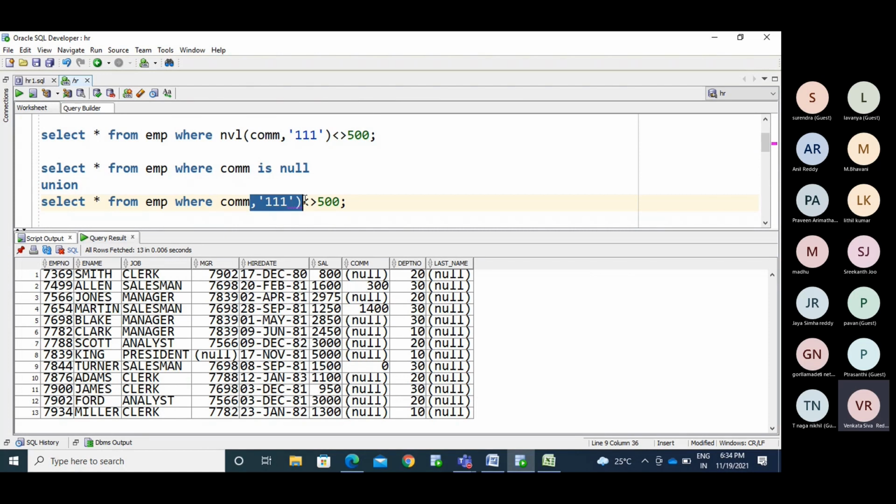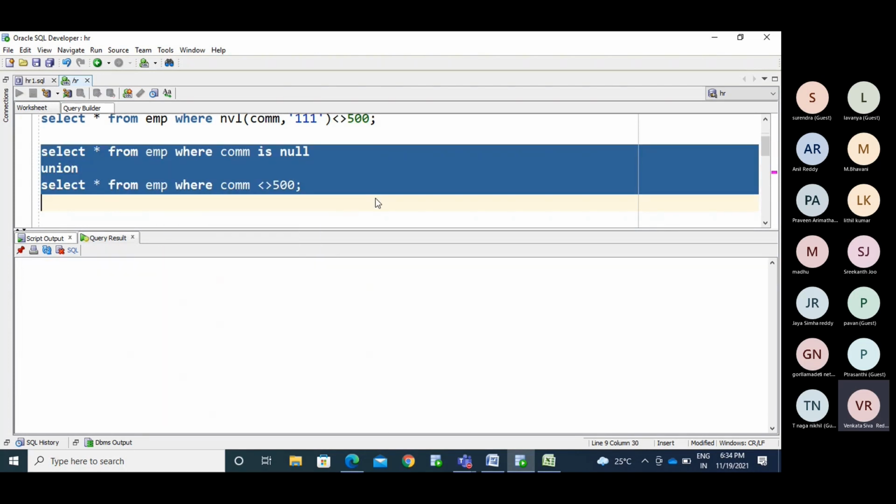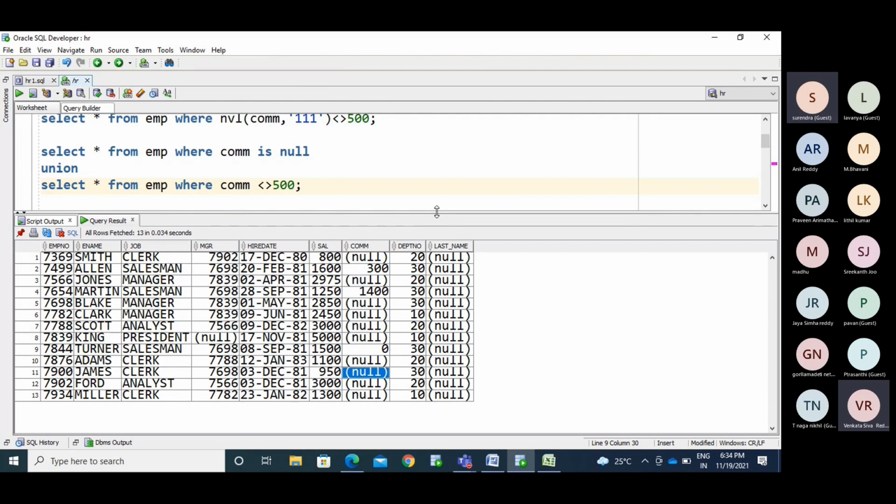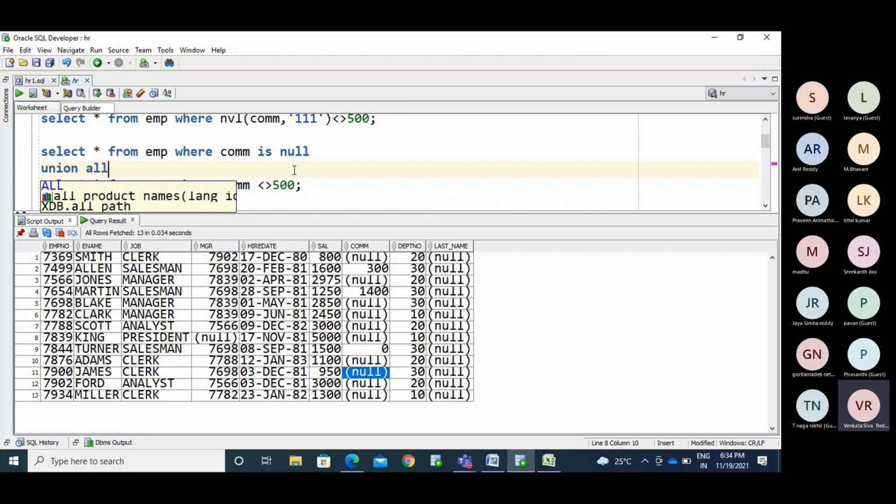Commission is not equal to 500. We'll get the same results, 13. So if you don't want to use the NVL function, use the set operators. If I use union or union all, what will happen here? How many records will I get if I use union all instead of union?